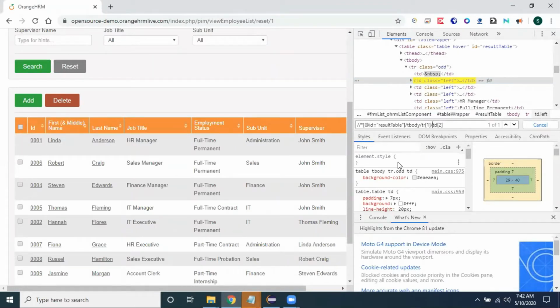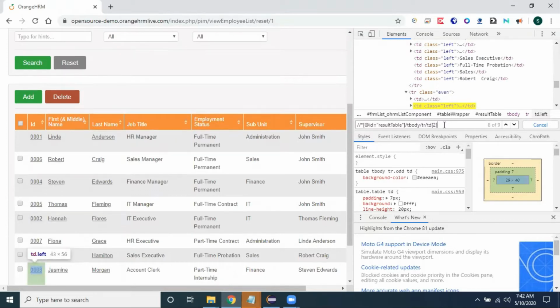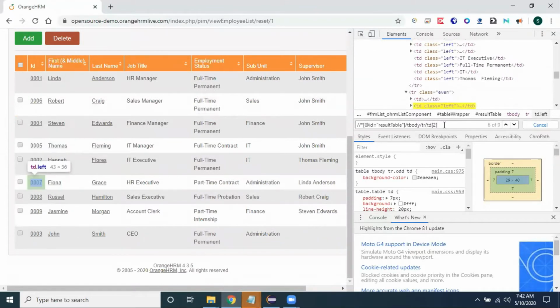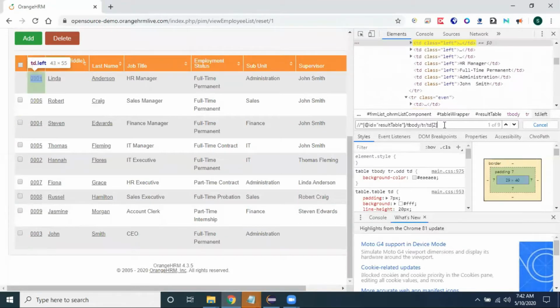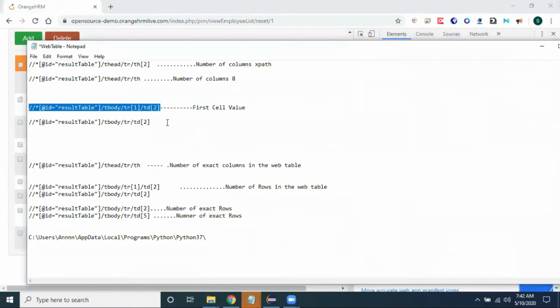If I remove tr of 1, it shows 1 of 9, 2 of 9, 3 of 9, 4 of 9, 5 of 9, and in the second column 6 of 9, 7 of 9, 8 of 9, 9 of 9. So a total of 9 of 9 it is going. It is identifying like this. So we understood how to identify the number of rows XPath. This is the XPath I'm taking for the number of rows.